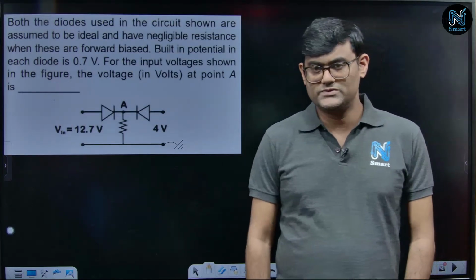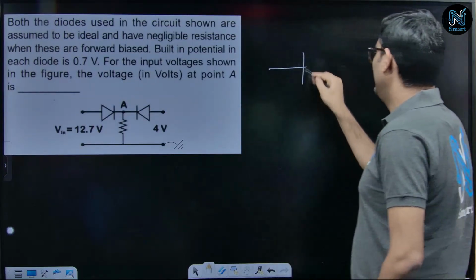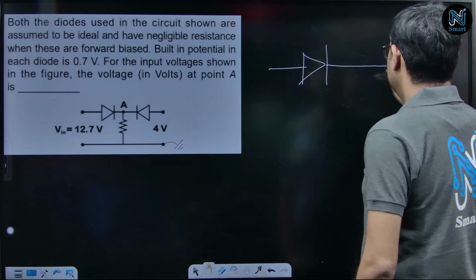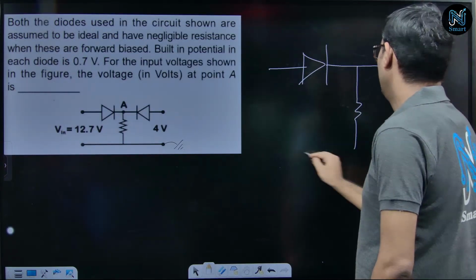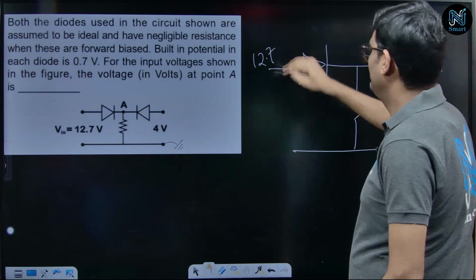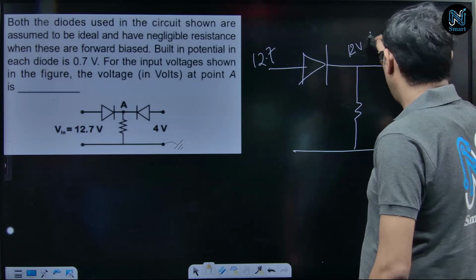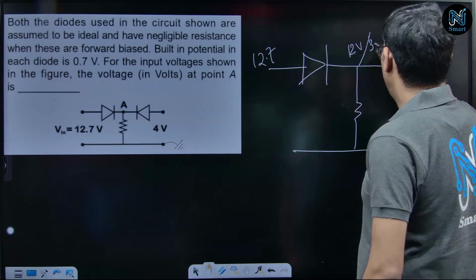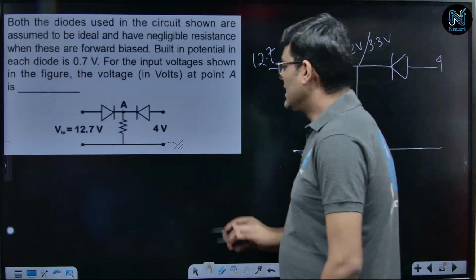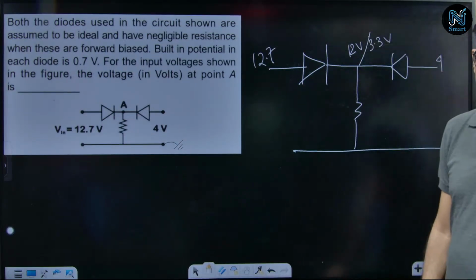Let us see the solution of this question. Again, look, if this is this diode and this diode, if I talk about this 4 volt, this is 12.7 volt, and there is a voltage drop of 0.7, so this may be 12 volt or this may be 3.3 volt, right? এটা কত কত হতে পারে? 4 থেকে 0.7 বাদ দিলে 3.3 ভোল্ট হতে পারে, অথবা 12.7 থেকে 0.7 বাদ দিলে 12 ভোল্ট হতে পারে।